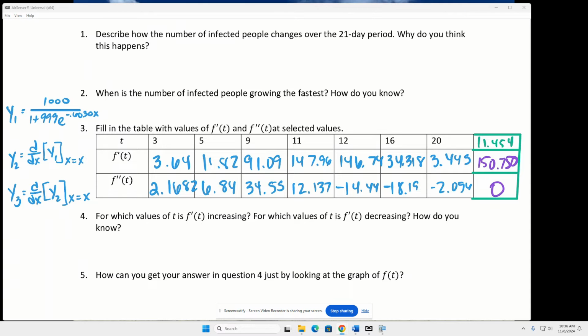All right, and so 4 says, for which value of t, or values of t, is f prime increasing? When you're looking at f prime increasing, you can look at the values. So it goes from 3 to 11 to 91 to 147. When do you think it's going to stop increasing? At the maximum, which is 11.454. All right, so we would say